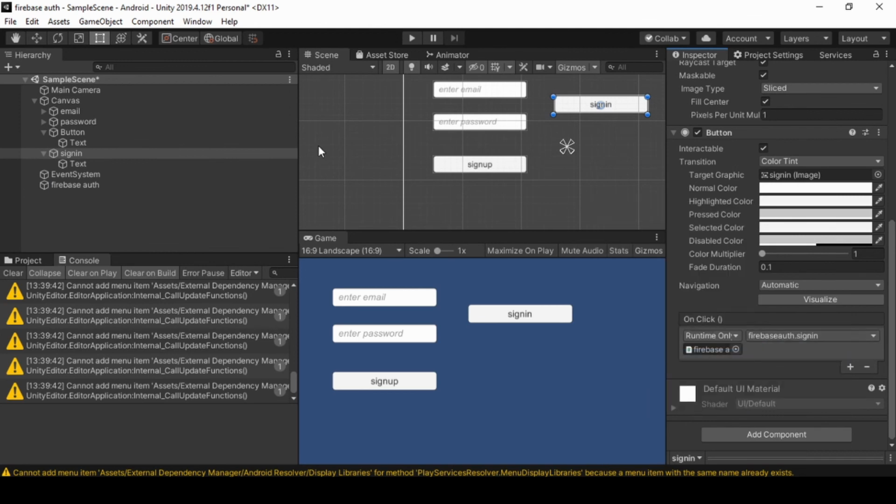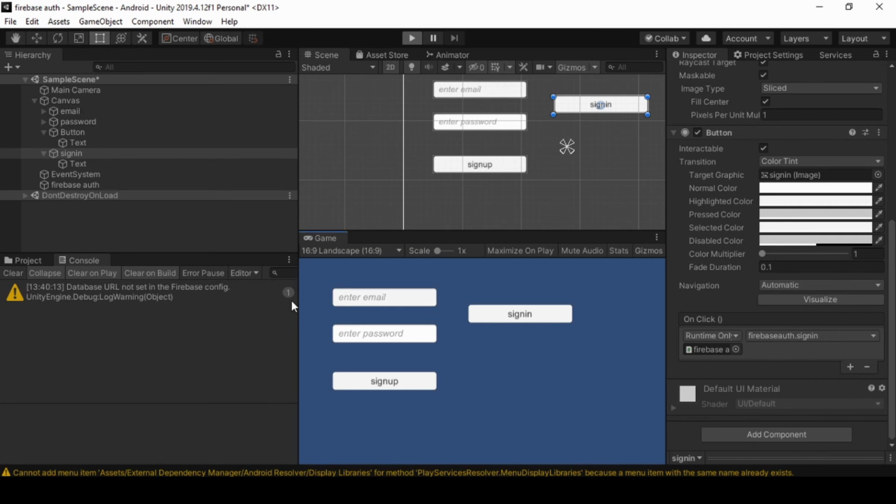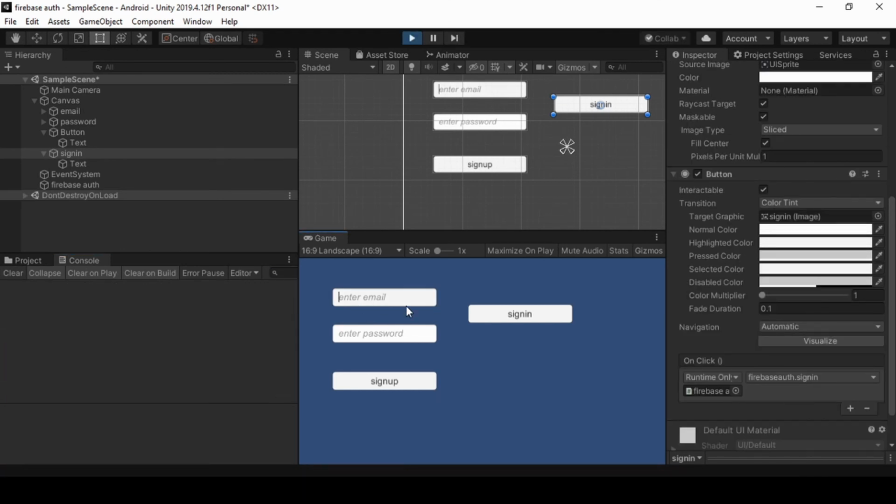Now let's check whether it is working or not. Now we can sign in and sign up the user to our Firebase.